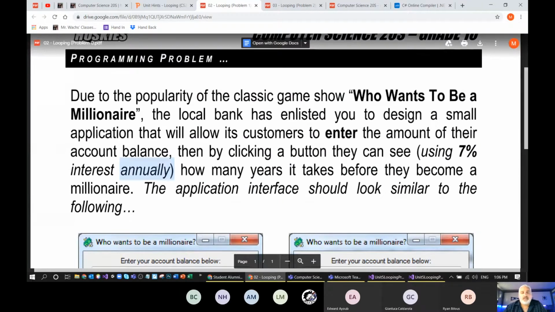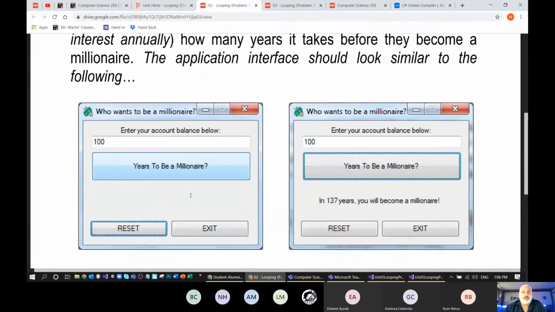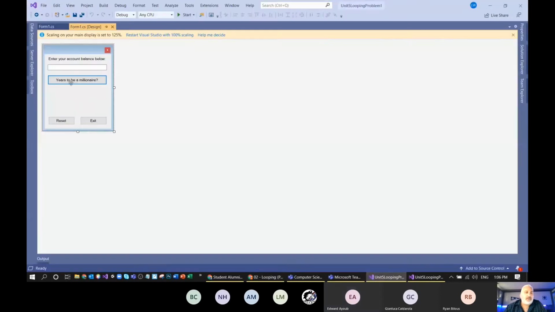That's what annually means. It's a bit of a math type problem. There's a little bit of math knowledge that's needed for this, but the real key to this is for it to keep looping and doing the calculation over and over and over again. All right, so I've already built the design here, and let's take care of some of the easy stuff first,